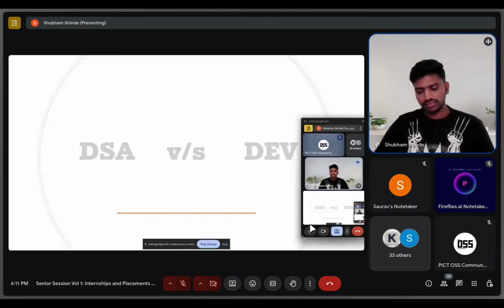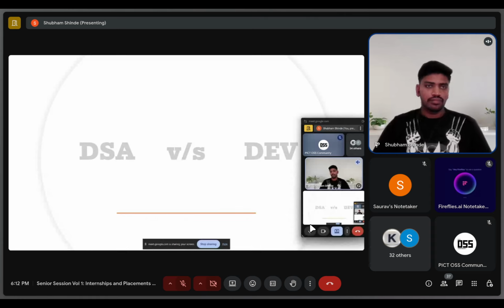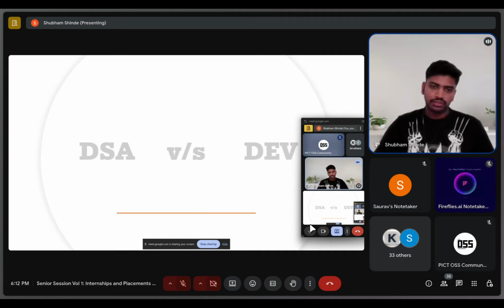So let's simplify this topic, DSA versus dev. There are two questions: how to code and how to think. How to think is learned from DSA. How to code can be done by AI or using any tools or documentation, but how to think and how the problem is solved is the main thing. Big MNCs just land a problem statement on your desk and ask you to solve it. You have to think about that problem statement and use the best stack.